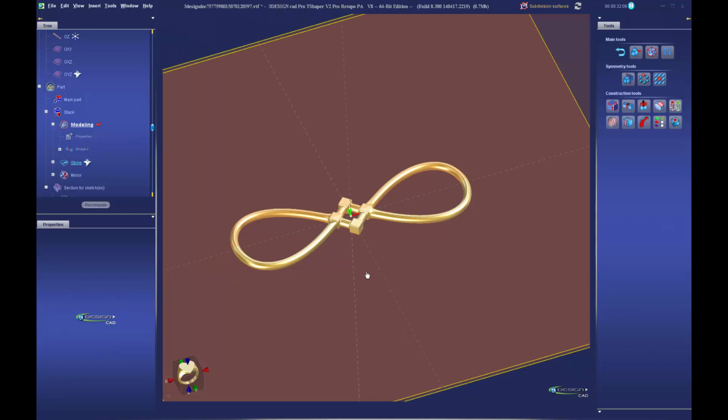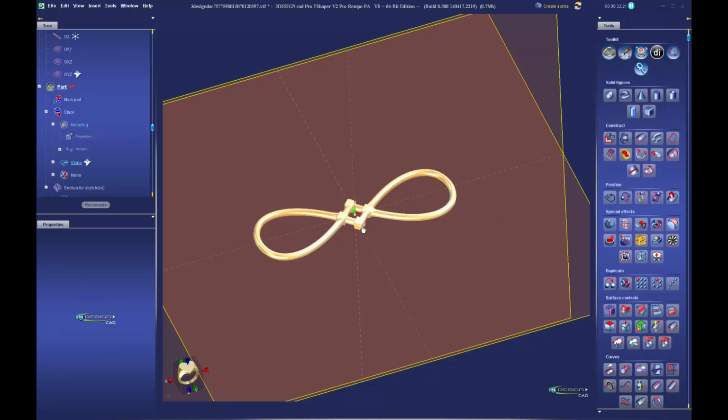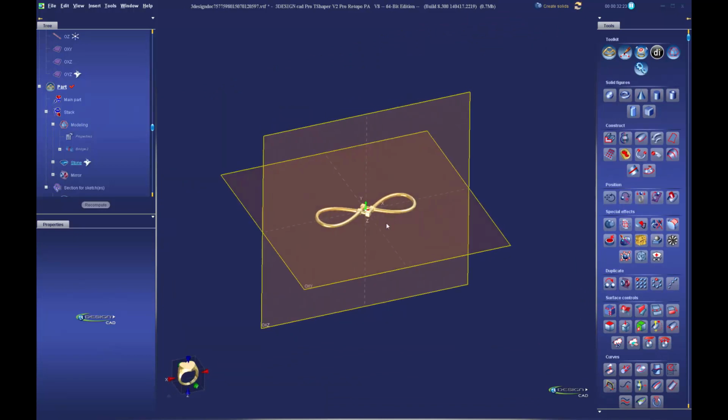Now we need to bend this into the shape of our bracelet. We could do that in Shaper, but that's a lot of moving points and getting it all aligned. The nice thing about Shaper objects is they deform really well in 3Design. So we're going to go ahead and exit one more time back to 3Design. And before we set that up, we want to go ahead and give us a guide curve for our bracelet. I'm going to select the front view plane, or the OXZ,